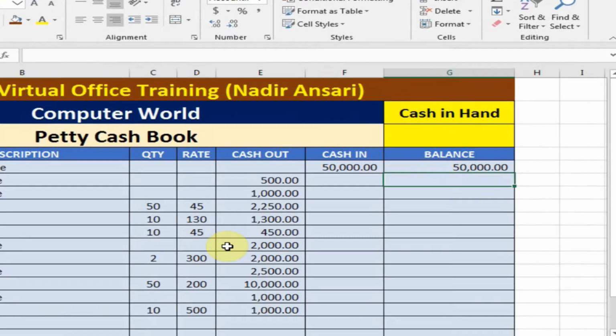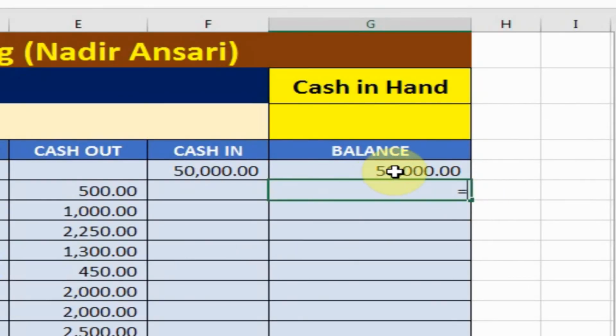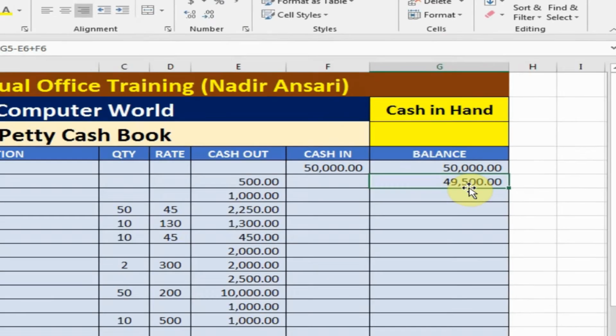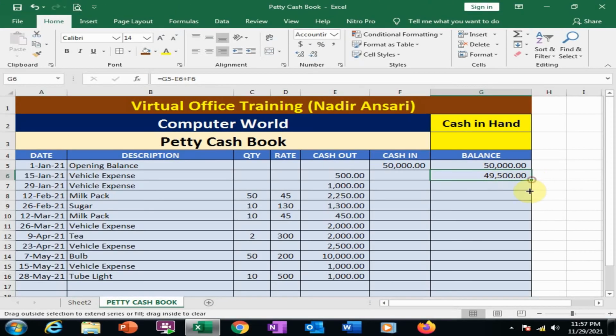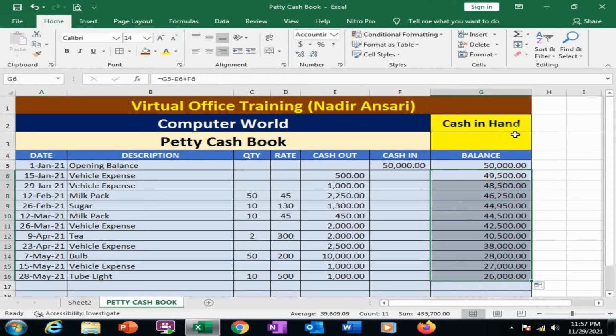Just type equal to and select the balance minus expense plus cash in, and press enter. Now it will get 49,500. The total balance is 49,500. Now drag it to the bottom. It will display all the balances.